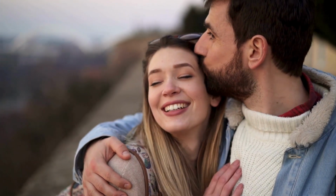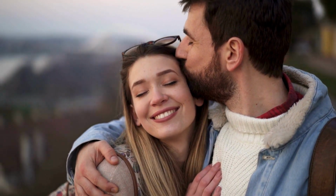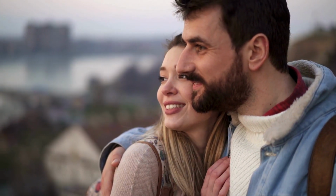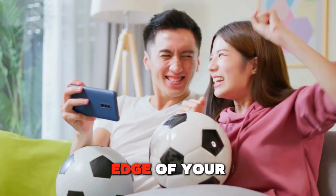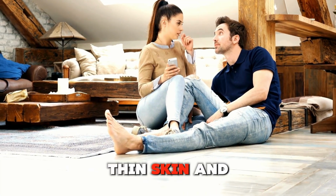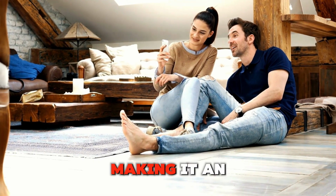7. Neck nibble. Nibbling on her neck just below her ear can be an electrifying experience for her, combining the softness of your lips with the slight edge of your teeth. This area is particularly sensitive due to the thin skin and proximity to erogenous zones, making it an ideal spot